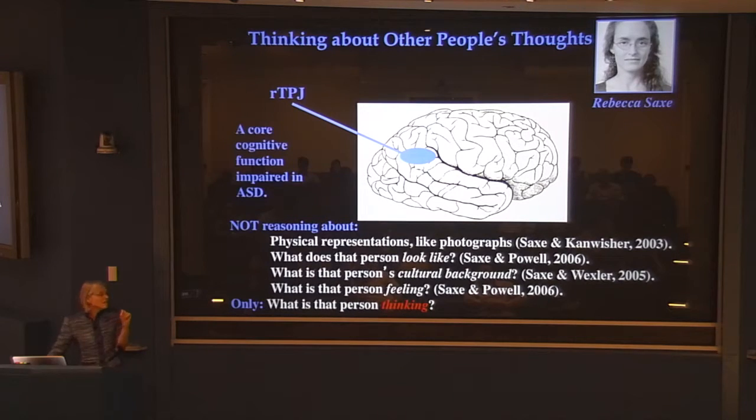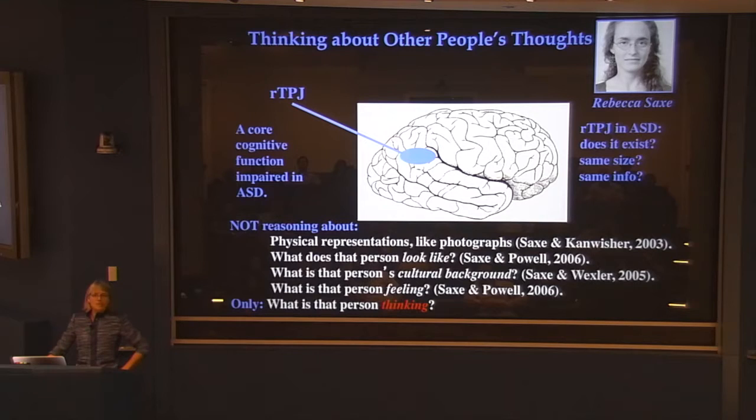And that makes it a really prime target for work in autism, because this is really at the core of the deficit in autism, is reasoning about other people's thoughts. Okay, so we can ask, does this region exist in high-functioning people with autism? Now, as a little sidebar, the way you find that region is to scan people while they're doing a task that requires them to reason about other people's thoughts. So if you scan somebody who can't do that task, that doesn't make any sense. So you'd only run these experiments on high-functioning adults with autism, who can now do that task. They probably developed it later. They may be a little slower at it, but they can basically do the task.